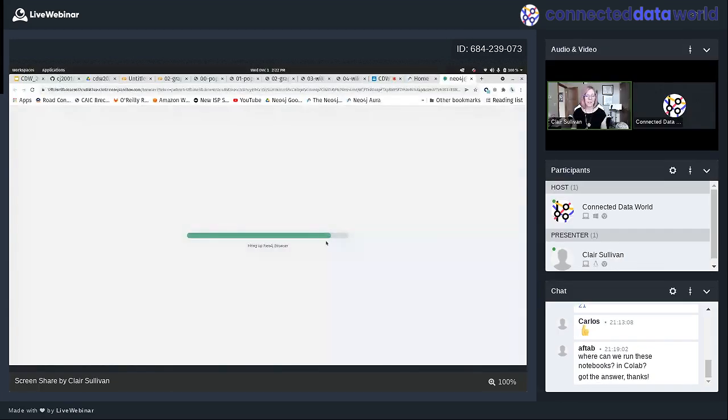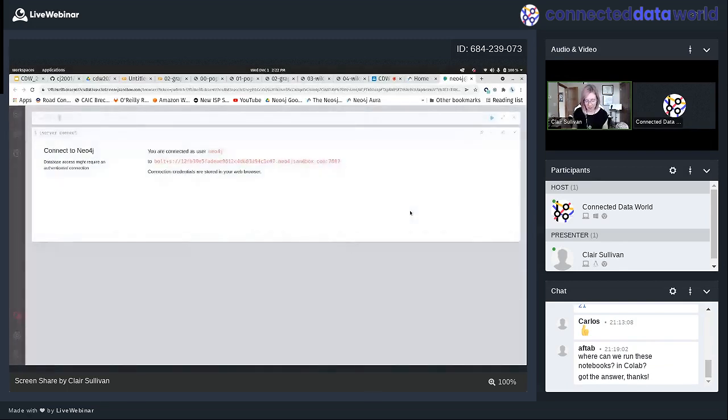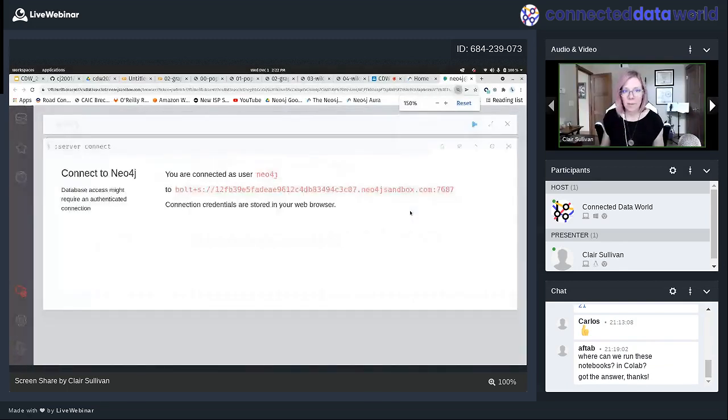Sometimes I find that if you click away from the Neo4j browser tab, it gets a little cranky. It says, I want to have all of your attention. Zoom in here. Okay, so this is what the Neo4j browser looks like. It's just a nice convenient way of doing queries in Neo4j, but anything you can do here, you can also do in Python. With the exception of visualization, visualizing graphs is a little challenging. And I'm not going to talk too much about that today other than to show some examples.